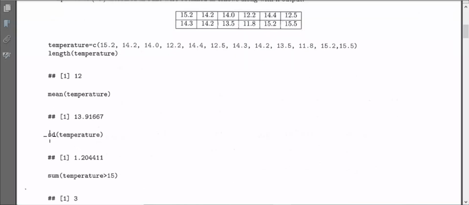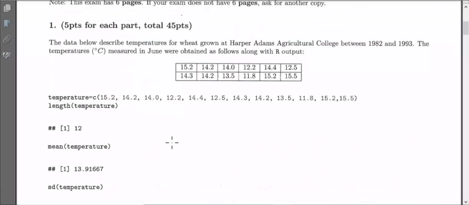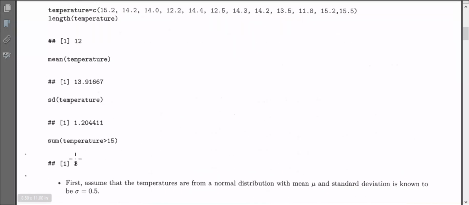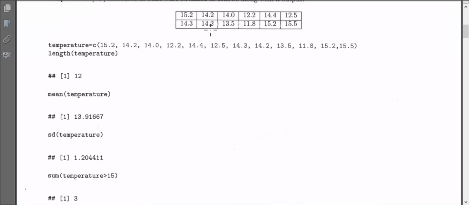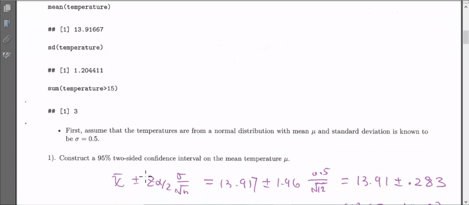SD means standard deviation, which gives us the S. And then we also have the sum. This sum just tells us how many observations are over 15. Actually, we have 3 temperatures over 15. Now, based on this information, we calculate the first one, the 95% two-sided confidence interval on the mean